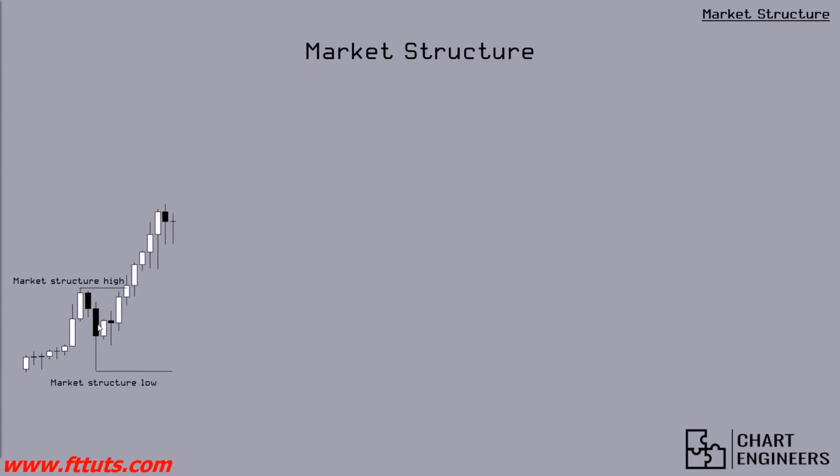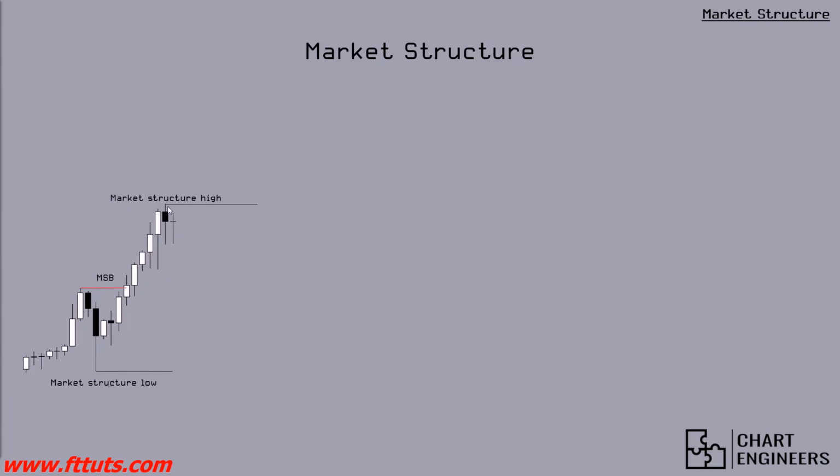As we can see, when the market has closed above here, that is going to be our market structure break, and then our new swing high comes up, as this is the next swing high after our market structure break. And then to get our new market structure low, that is just going to be the low that created that high. So if we go to this high and we look left, this is the low